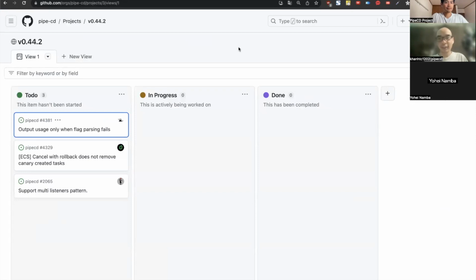We do not have much. We just released 0.44.1 as a bug fix for 0.44.0. So currently we do not have many things in our pocket right now. I mean, not to say that, because we still have a lot of issues that we raised in the issue tracker. But what I am thinking of is just a bugfix for the current 0.44. I think we can focus on supporting